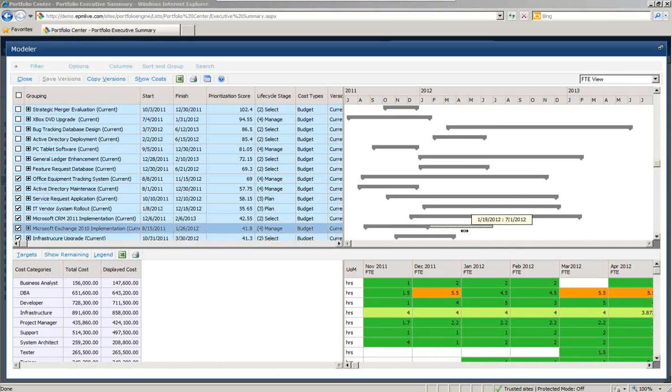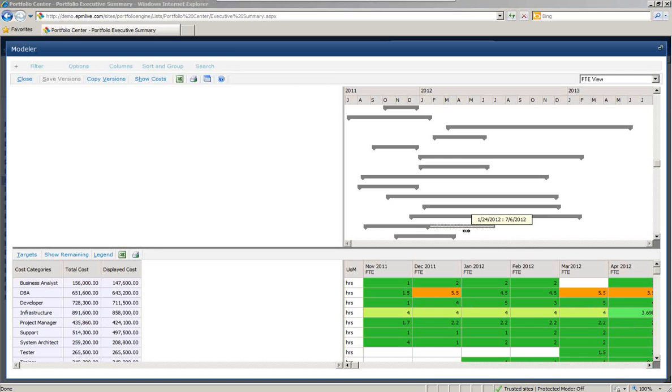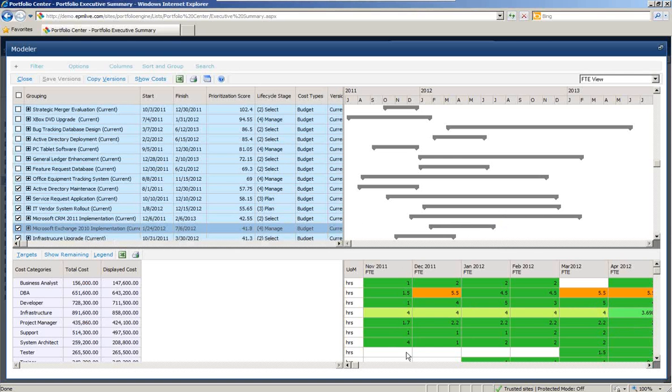Now, maybe with a combination of deselecting projects and staging these projects in different time frames, I now have a headcount need here, and I can see what looks more doable and what I can do from an FTE perspective on these different items. So the idea here is that I can do scenario modeling, I can save versions of these scenarios, and I can compare them. And as a steering committee, as a governance team, etc., I can compare these and come to some consensus or agreement on